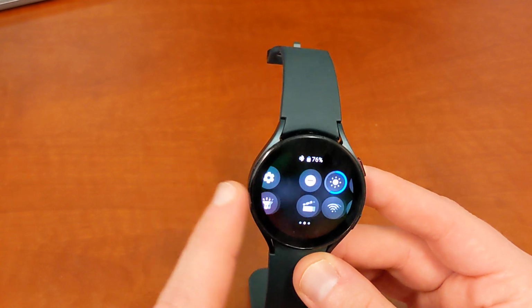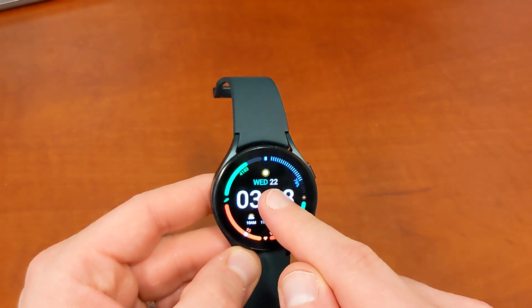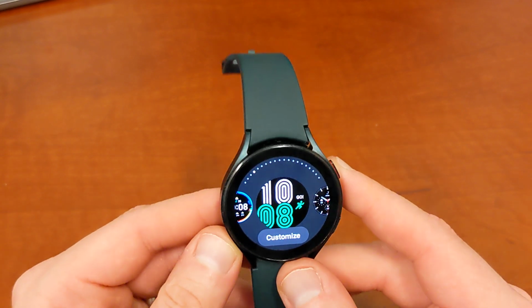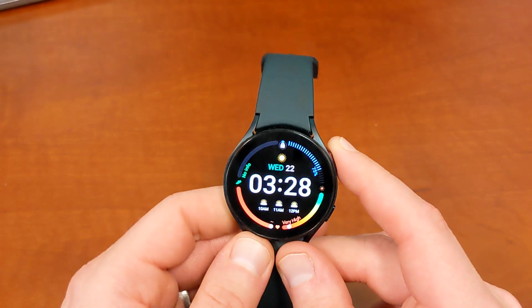The settings, the toggles, everything is really streamlined. I feel like I can find everything where I want it. Samsung has a lot of different watch faces. You guys can see the watch face I'm using here. There's a lot of different watch faces to choose from, and they've got a bunch of different complications, maybe if you're not into the fitness stuff. You guys saw the one I was using was a fitness particular